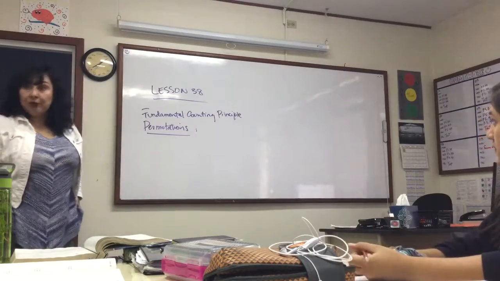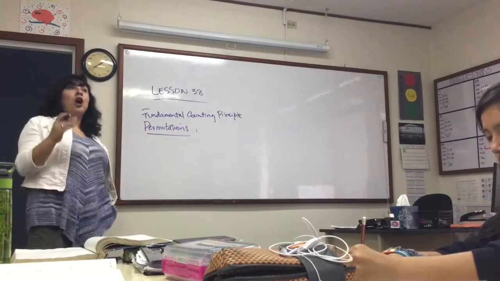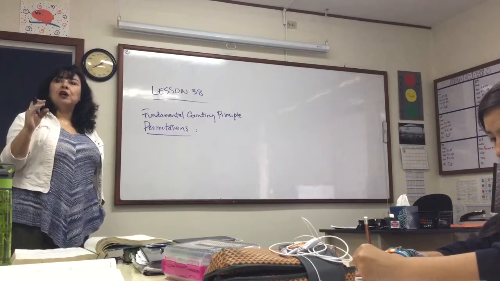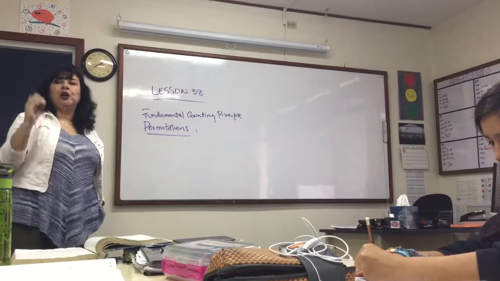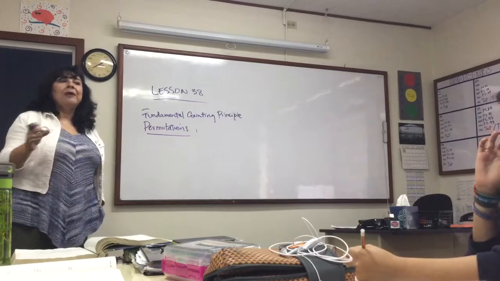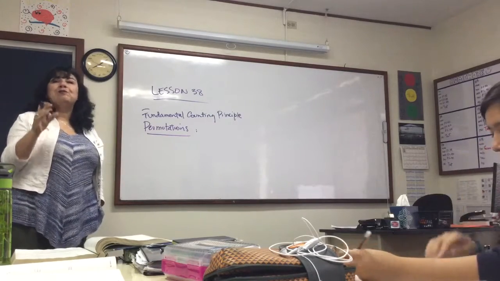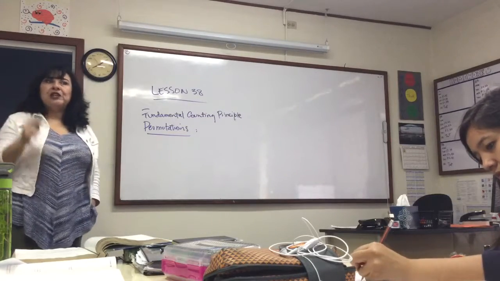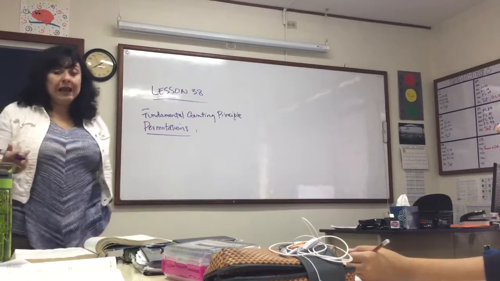Permutations are a type of combination, except they have specific instructions for the order of the arrangement. Okay? Combinations, they don't specify order. Permutations, you have a specific order. So, for example,